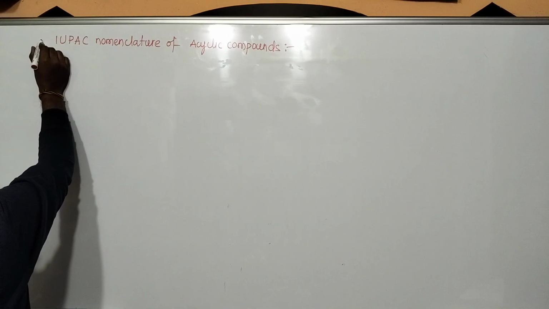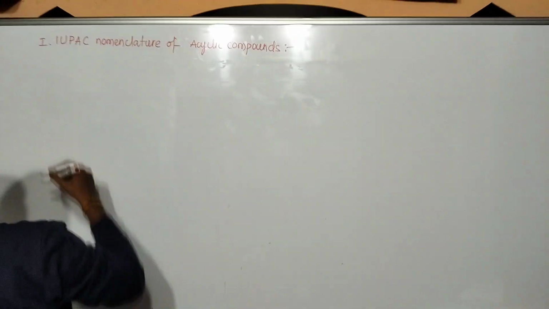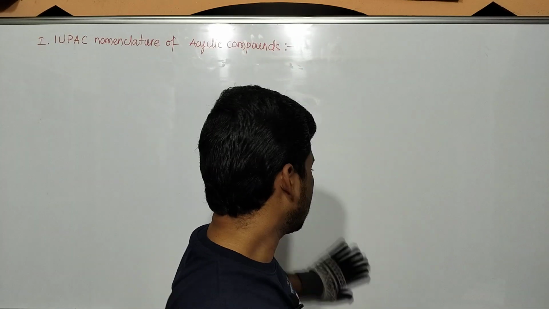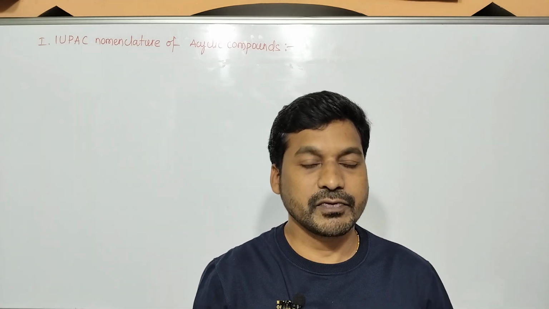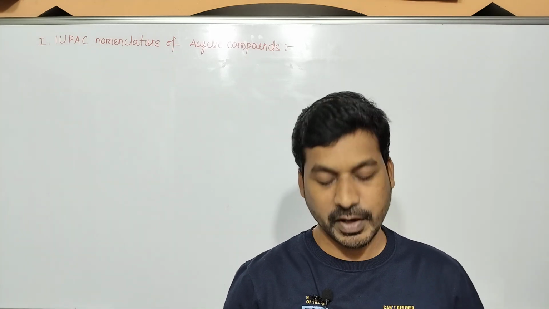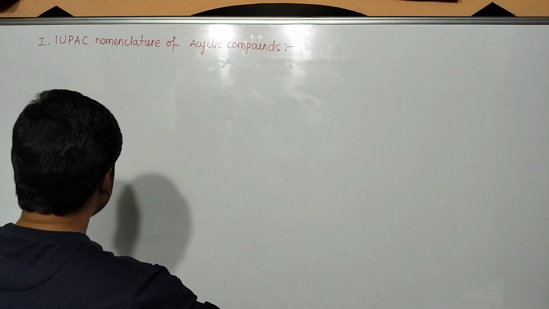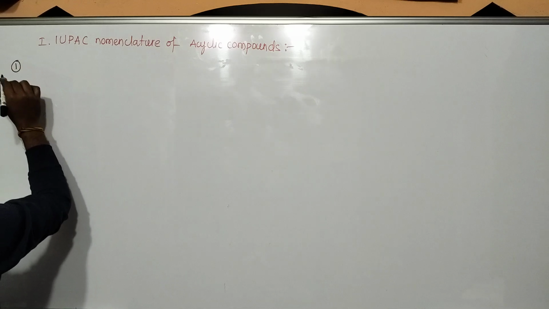IUPAC of acyclic compounds. While writing IUPAC names of acyclic compounds, we need to remember 7 rules. We must follow 7 rules. In that, one by one I am going to discuss. So what is the first rule? The first thing we have to remember is